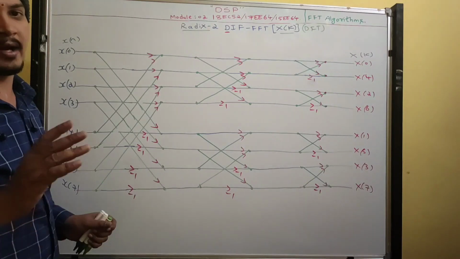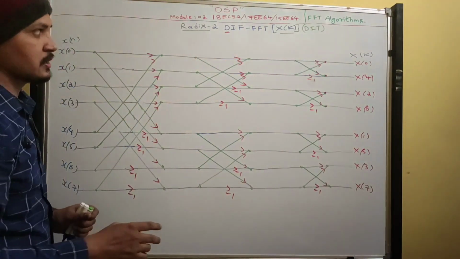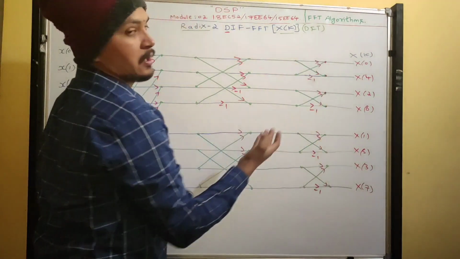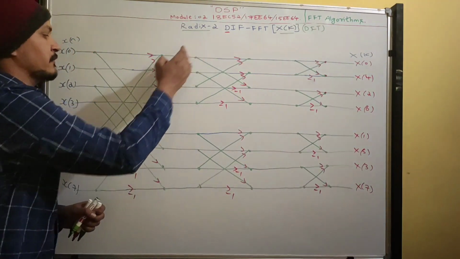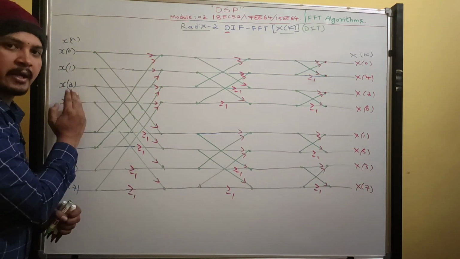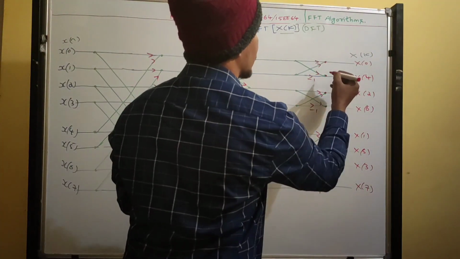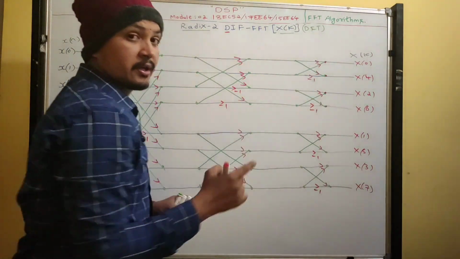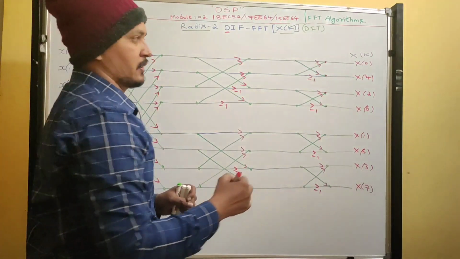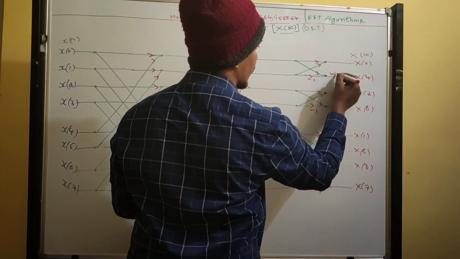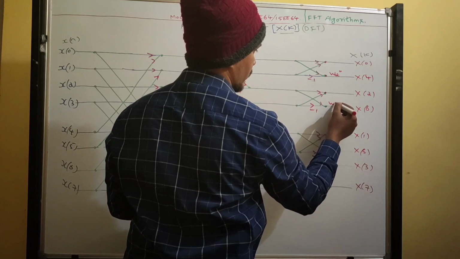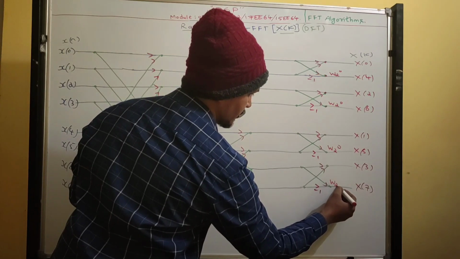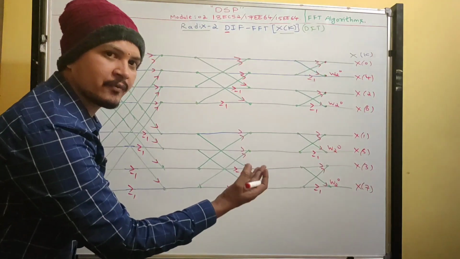Then where to write twiddle factor? See, in decimation in frequency, in radix 2 decimation in frequency, you write twiddle factor after the butterfly. In decimation in time, where did you write it? Twiddle factor at the starting of the butterfly. Now here you should write after the butterfly. And keep in mind, twiddle factor should be written only where you wrote minus 1. In that line you write twiddle factor. Okay, since it is 2 point, I can write W2 power 0. Okay, W2 power 0 and W2 power 0, W2 power 0. You write twiddle factor after the butterfly.